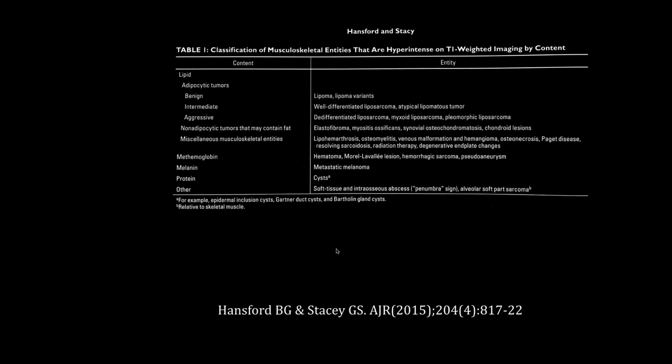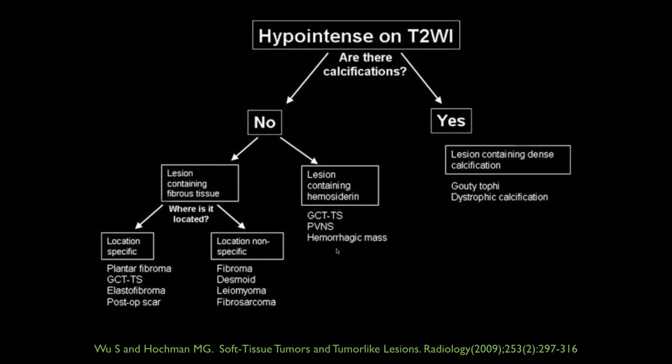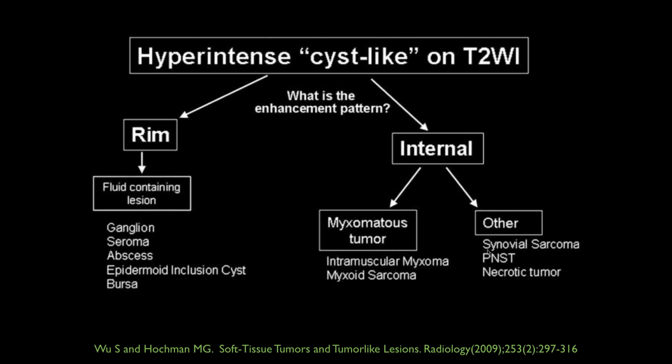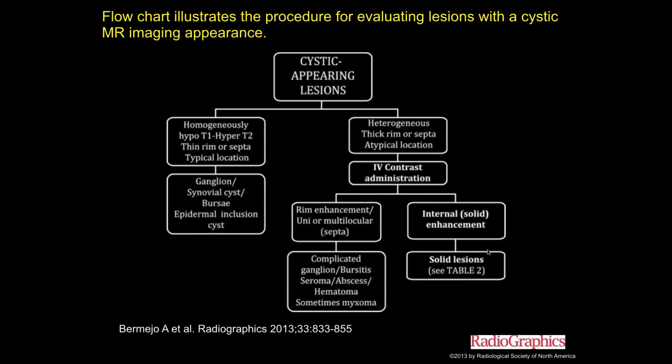And here's just another classification system based upon T1 weighting. You have hypointense on T2, no, with basically everything, yes, and then you're really talking about fibrous lesions or calcific lesions. And then hyperintense on T2, as you really might expect. And then if it appears cystic, you see whether it's homogeneous or not, and then you're dealing with a typical cyst, heterogeneous, or if it's an atypical